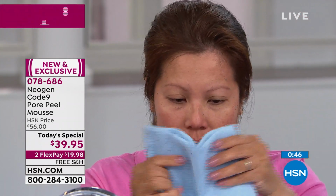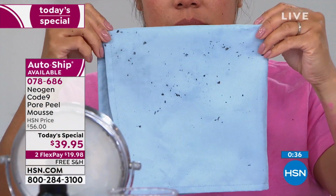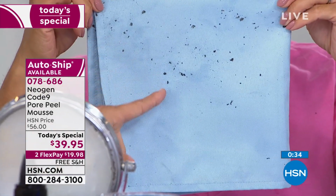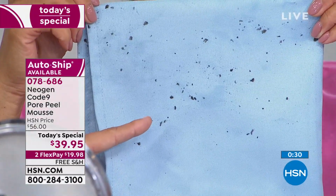We have sold 2,500. Wow. 2,500 since talking about this at midnight. This is exclusive. This also is the very first time we've offered the jumbo size. Take advantage of it because we had the smaller size. Look at this. And the smaller, this is two and a half times larger,